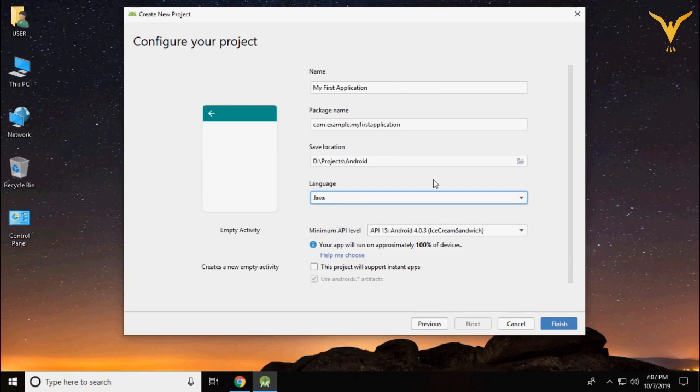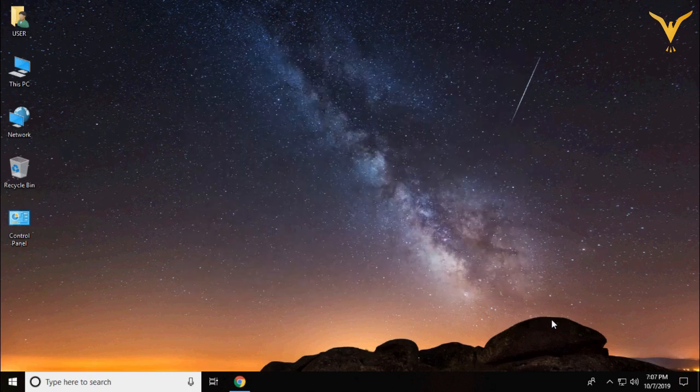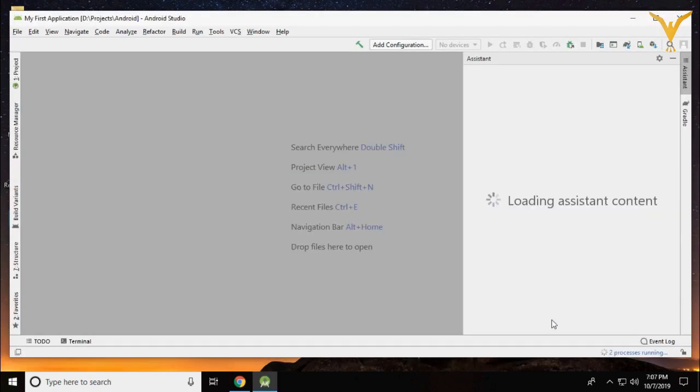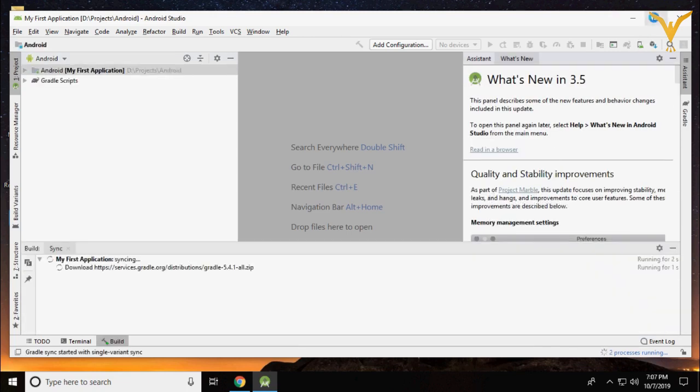We'll use Java. Click on finish. Yes, project is created. Now it's initializing your project.